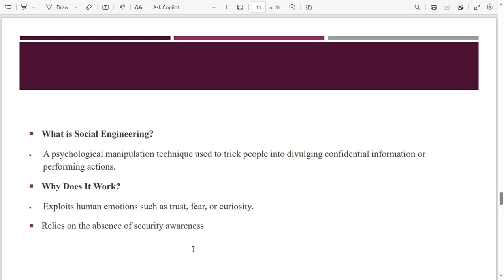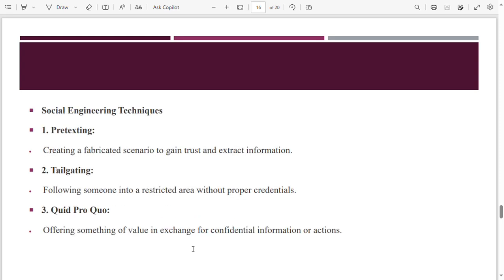So we are going to talk about social engineering and social engineering techniques. There's one I didn't put here. They call it phishing. That's one of the most popular social engineering techniques. It's not here, but we are still going to discuss it because it's very important, and I'm going to find another time to create a separate video for that. And phishing is spelled